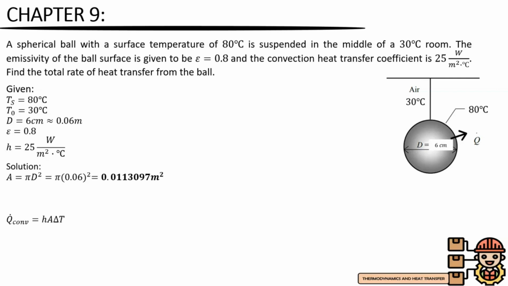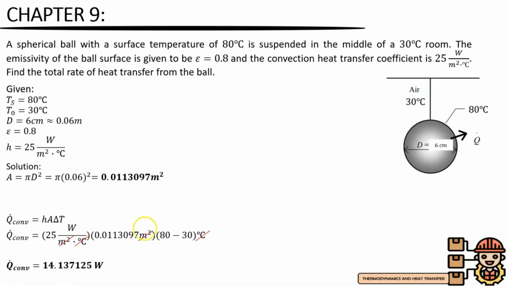equal to h times the area times the change in temperature. So we have these values: 25 multiplied by 0.0113097 times the change in temperature, 80 minus 30 degrees Celsius. By simplifying this equation, we can get the value for the rate of convection heat transfer, which is equal to